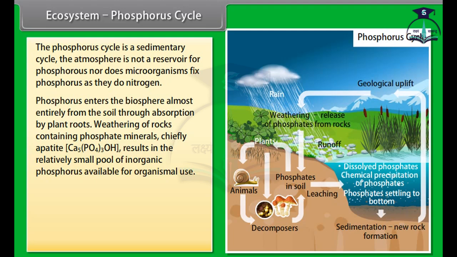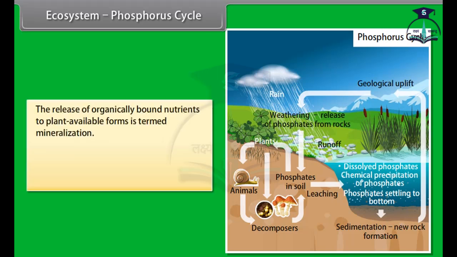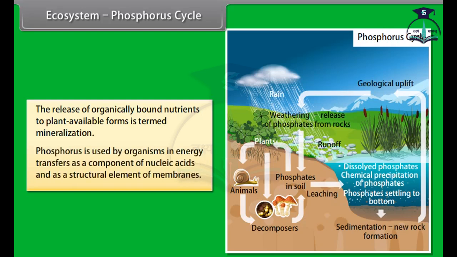Ca5(PO4)3OH, results in the relatively small pool of inorganic phosphorus available for organismal use. In most soils, the major amount of phosphorus absorbed by plants comes from organic molecules that undergo decomposition, releasing phosphorus in plant-available inorganic forms. The release of organically bound nutrients to plant-available forms is termed mineralization. Phosphorus is used by organisms in energy transfers, as a component of nucleic acids, and as a structural element of